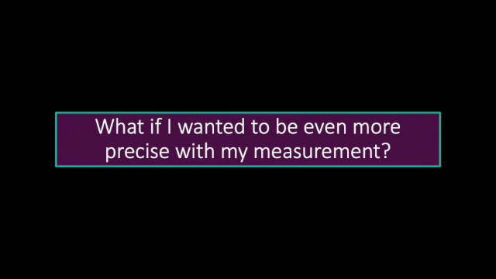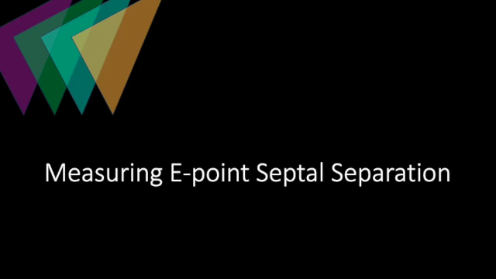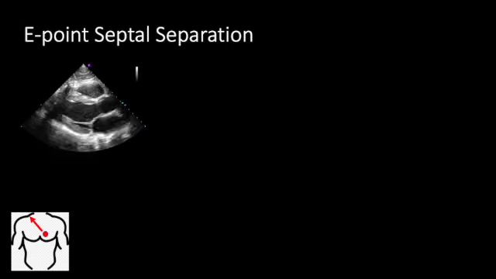So that's one way of taking a qualitative and quantitative measurement. But there's an even better quantitative measurement that I want you to be familiar with. And this is the one that I actually recommend that all of us learn and utilize at the Waco Family Medicine program when we're doing our POCUS clinic or trying to do an echo inside the hospital. This method is called the E-point septal separation. Once again, getting an E-point septal separation measurement relies on us getting a good parasternal long axis view and utilizing